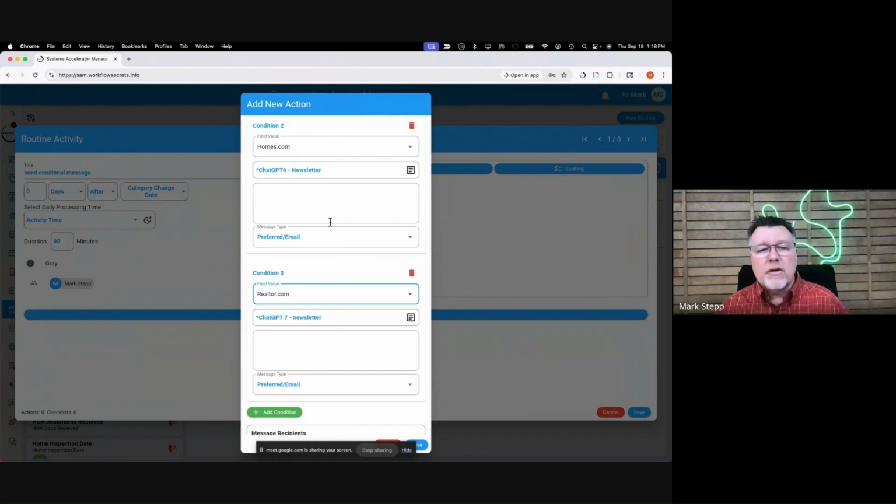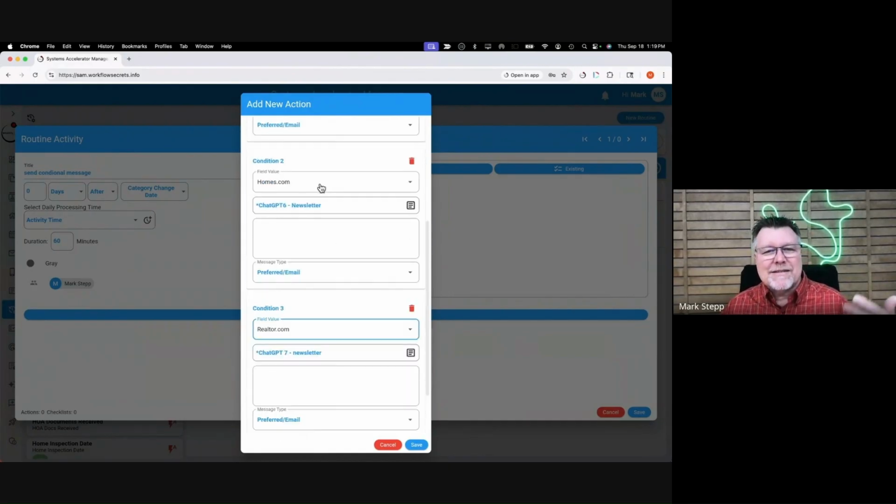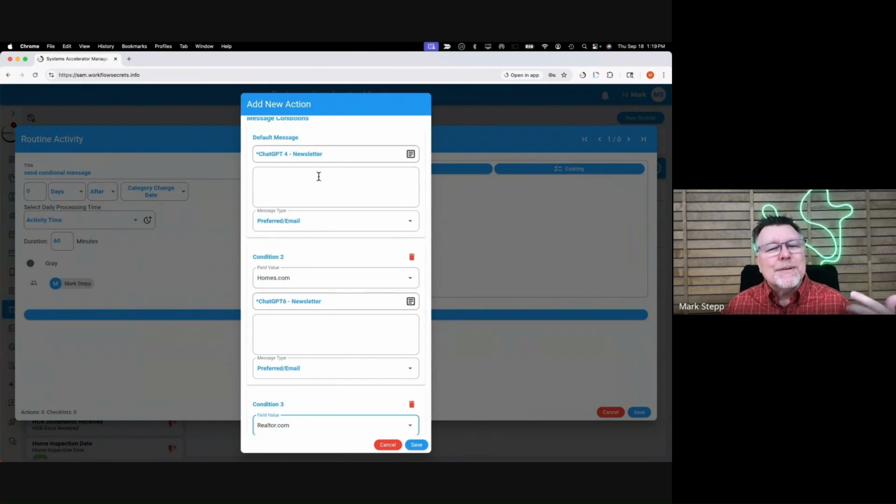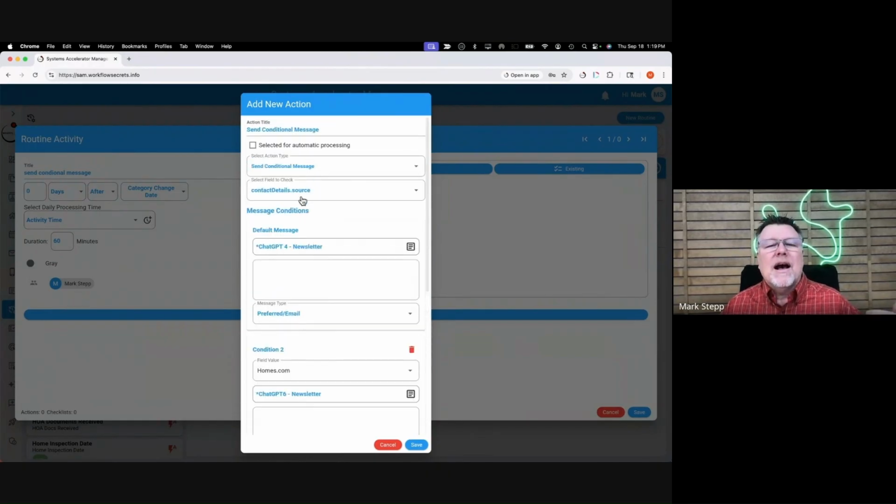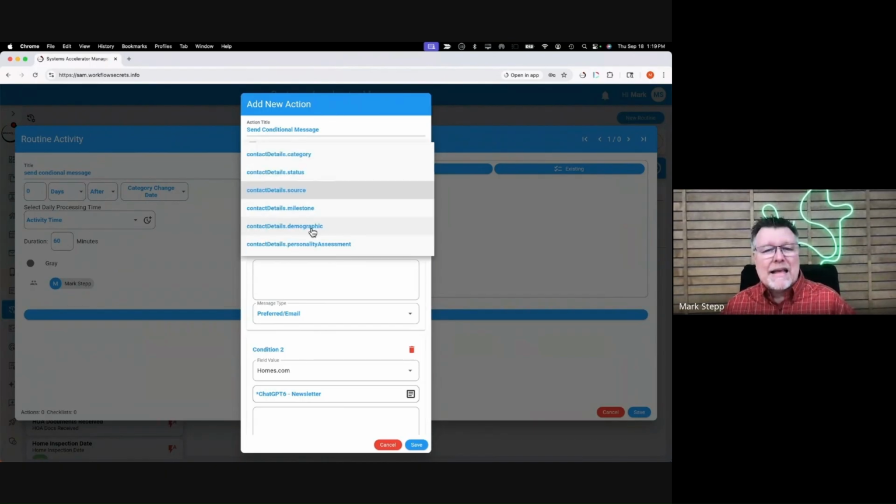But all of my other actions, processes, emails, SMS messages, all those kinds of things will still go out the same. It's just referencing a different message here. And the other option here, we've already got it built in so that it does it automatically, but potentially, if you wanted to, you could determine language. Demographics is one that I think is probably the most